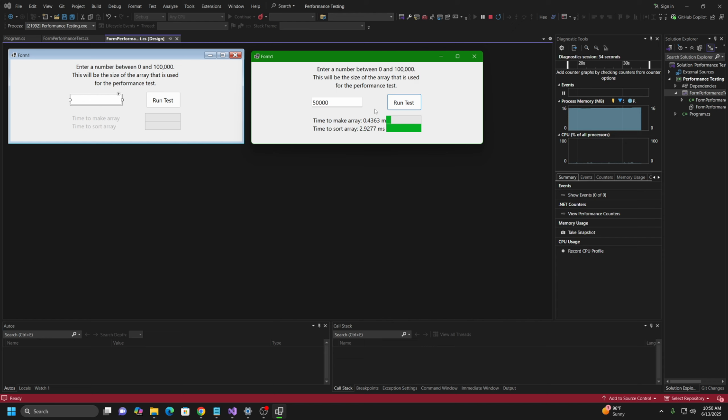As you can see here, it's got the time to make the array. Oh, I could slide those over too. It's kind of creeping in on it. But the time to make the array comes up, the time to sort the array comes up, and then you can tell a ratio. So this took 3 whole seconds. This took way less. So it kind of gives you a ratio. And you can change it over to